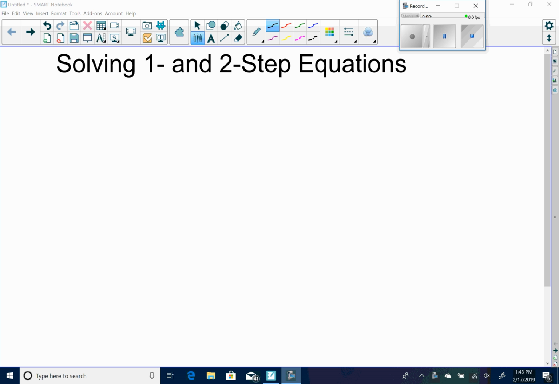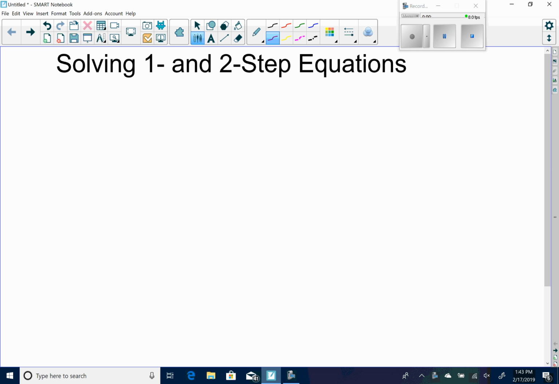This is a lesson over how to solve one- and two-step equations. This is the foundation of solving any other type of equation that contains definitely more than one or two steps. The whole idea, though, is to be able to isolate the variable. Whatever variable we're solving for, and what we're going to start off with is just one variable, we want to isolate, get that variable on one side, and then the solution is what results